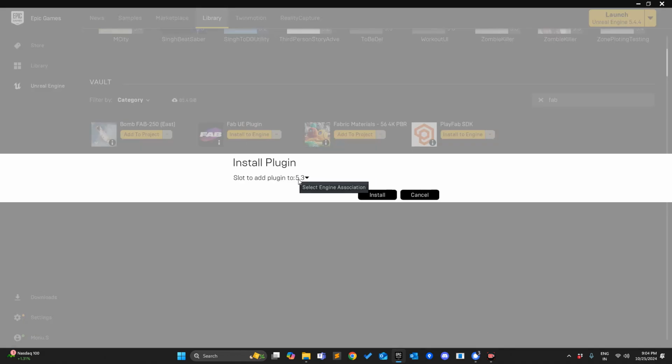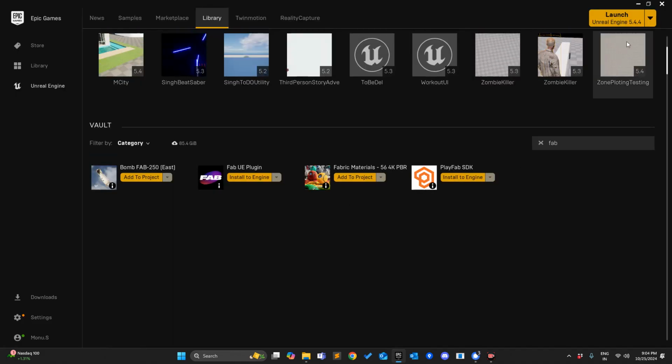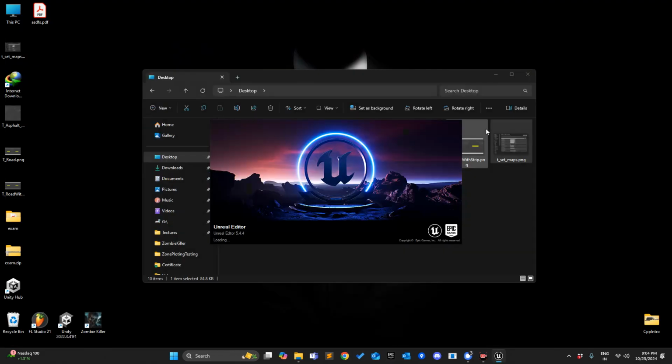I have already installed it for 5.4 and I haven't for 5.3. I can also go for it, but I've already installed it. So let's launch Unreal 5.4, because right now if you download the assets from the website itself, it will show you the download, and it's an extra headache because you have to integrate that. So we will see how we can integrate directly, where materials will be there and you don't have to plug